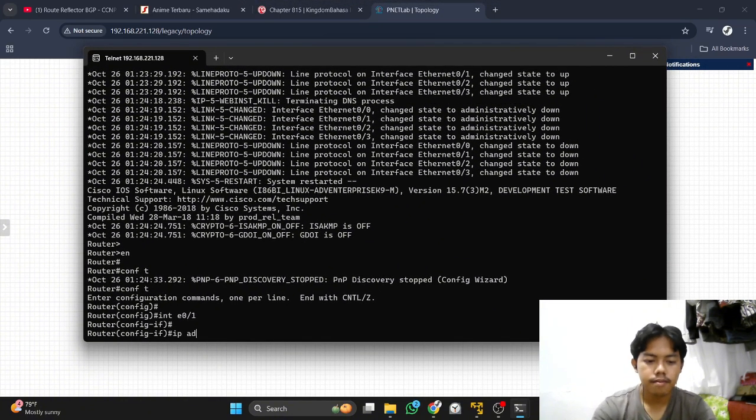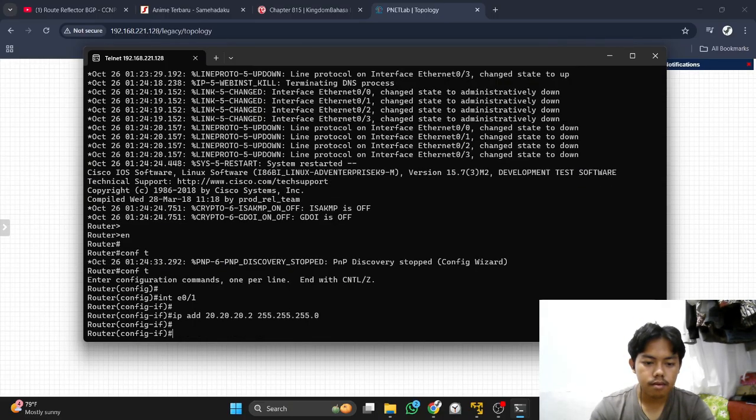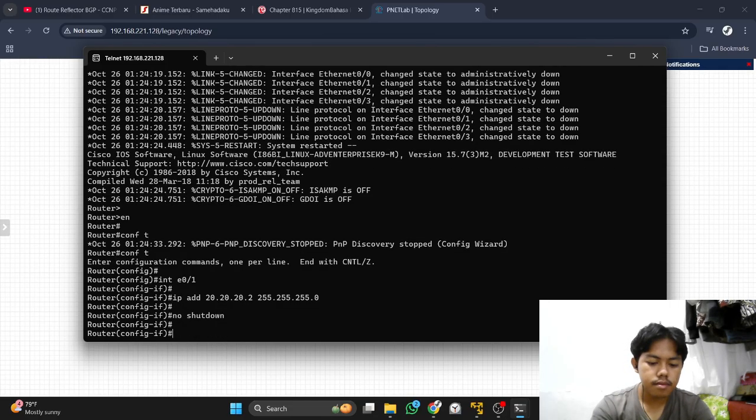The IP is 20.20.22 and the subnet. Okay, no shutdown and exit.